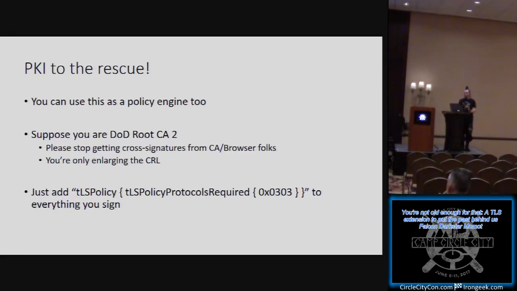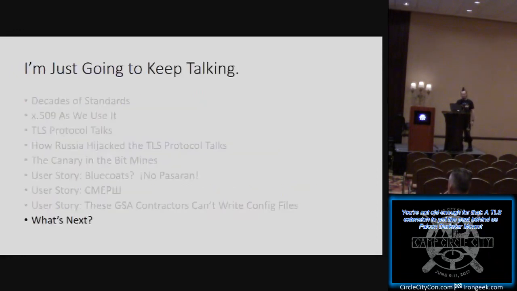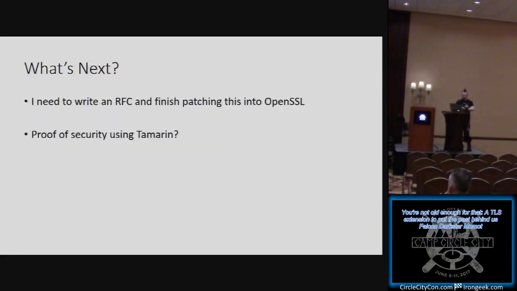So, all that you need to do if you are the CA, and you want to prevent people from misconfiguring their websites because you're an enterprise CA and you manage them, you just have to add this assertion to each of the certificates that you sign, and your problems will go away as soon as browsers begin to support functionality like this. Again, I'm going to write the RFC soon. Yeah. So what's next? My plan is to write an RFC and finish patching this into OpenSSL, so there's a proof of concept, and it's my hope that people will take it up. At that point, I'll be very noisy, and it would be good to have some evangelism if somebody knows a browser vendor, because I don't.